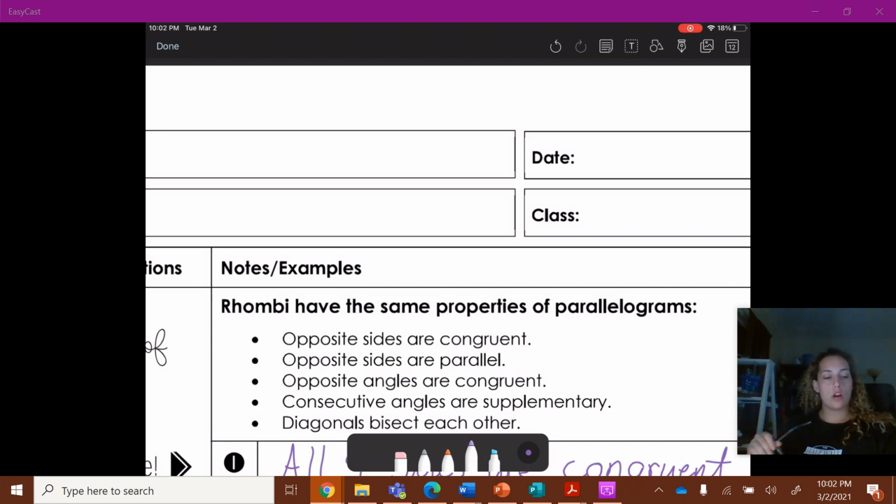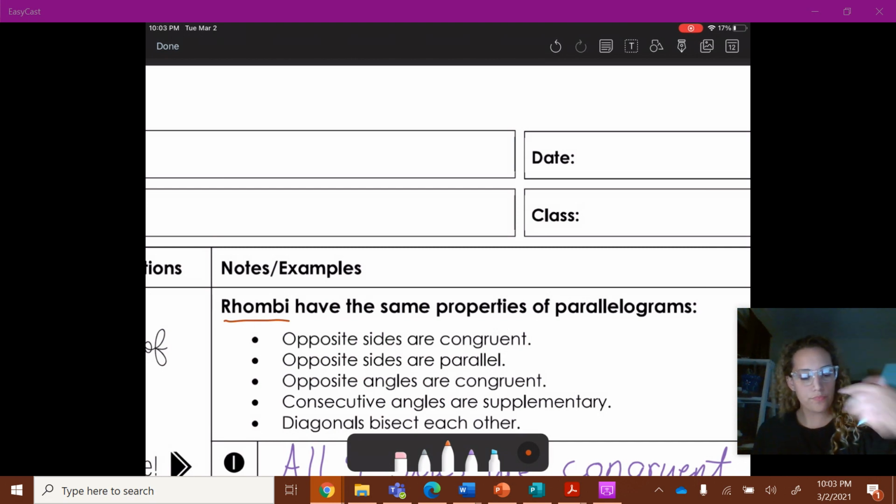So remember, our mother of all quadrilaterals is the parallelogram. So of course we're going to use that as our basis for every other quadrilateral. So let's read here. We see that rhombi have the same properties as parallelograms. So if we know the properties of parallelograms, we can just apply that to another four-sided figure called the